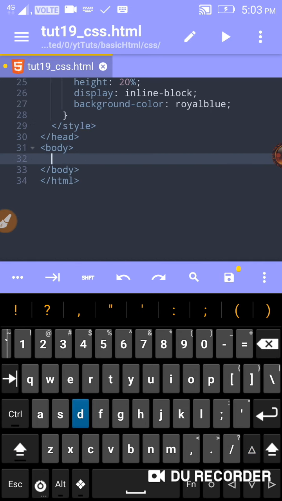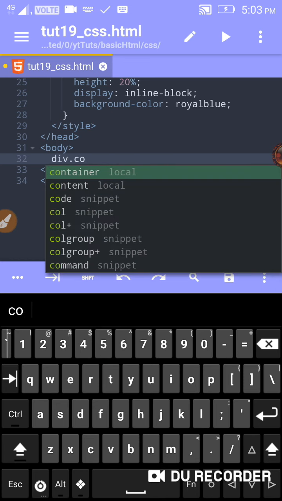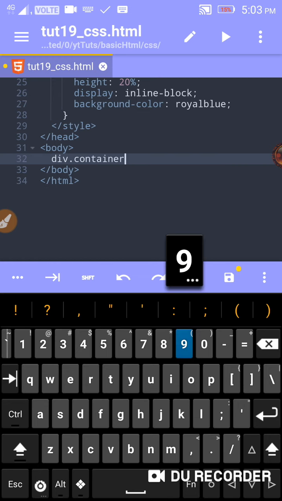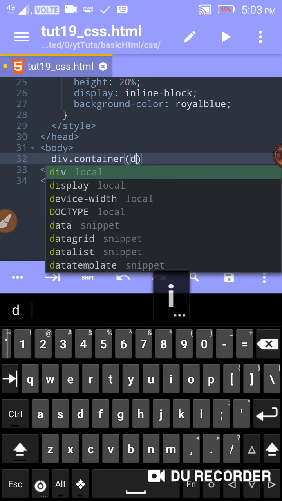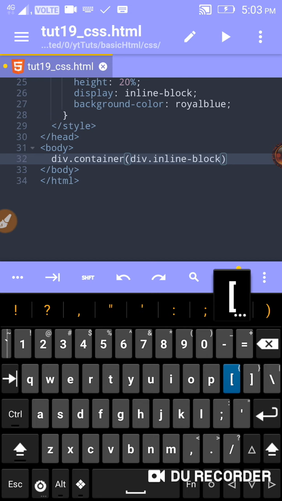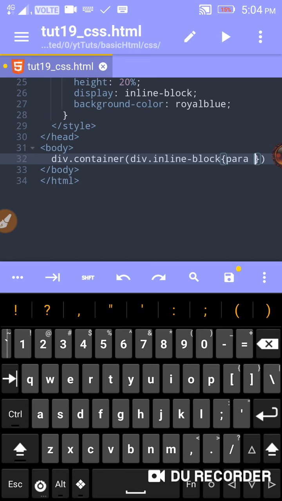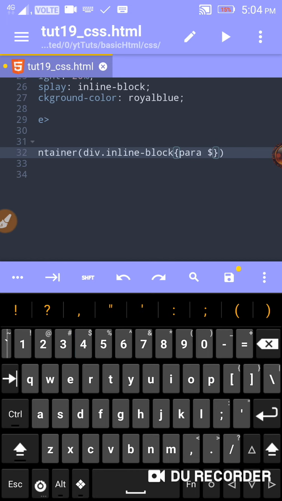I'm going to use div dot container. Oh sorry, I just made the container, and now I want something of div dot inline block. I made this, and I want content inside it, so I'm going to use curly brackets, para, and a dollar sign here to get numbers. I'm going to multiply this with 4 only,